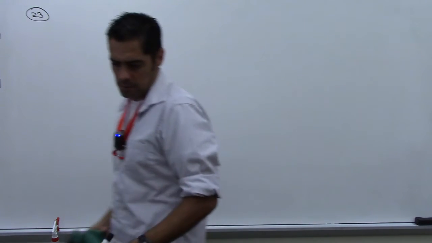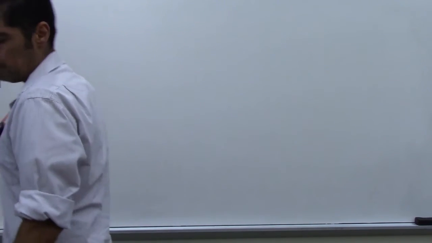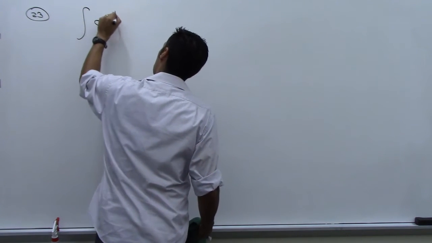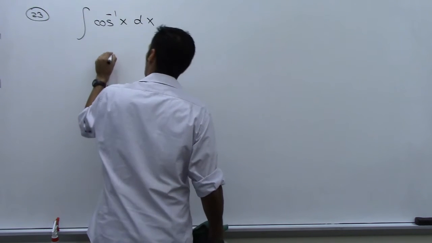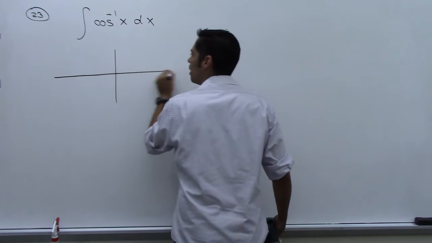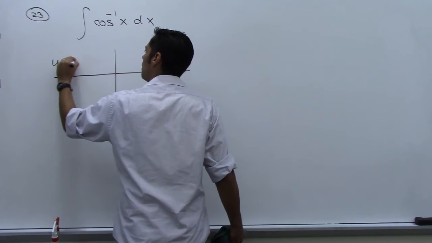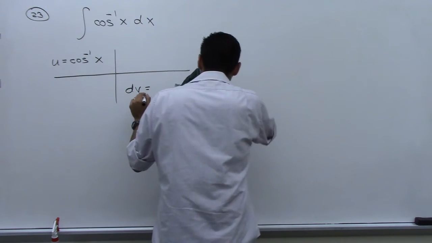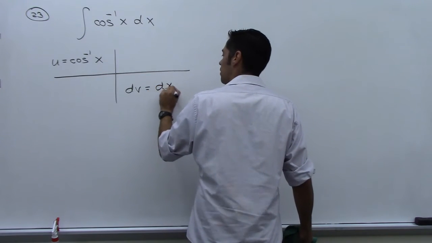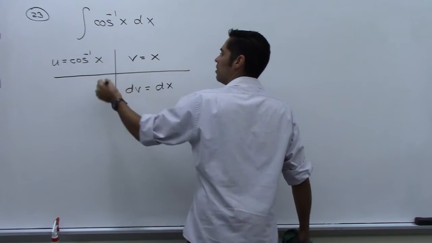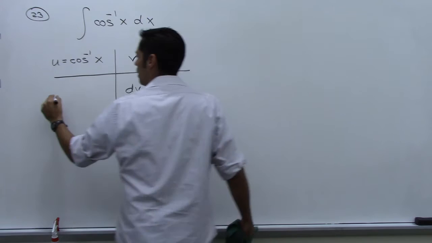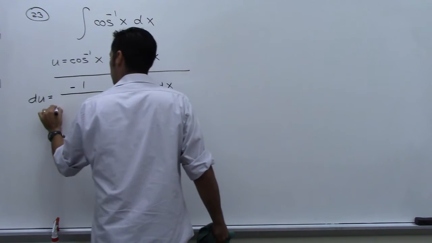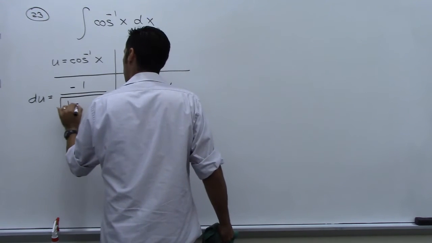Okay, for 23, integral of cosine inverse x dx. Again, this is one of those ones where you only really have one choice for u. It's that inverse cosine, and that forces your dv to be dx, which means v is x, integrating, and then differentiating. So du